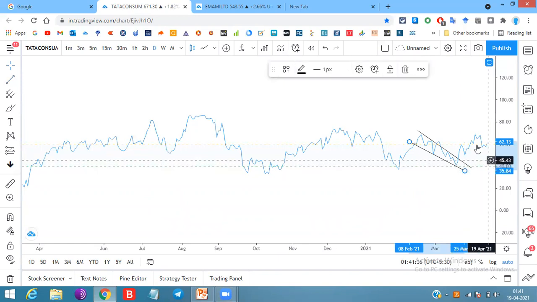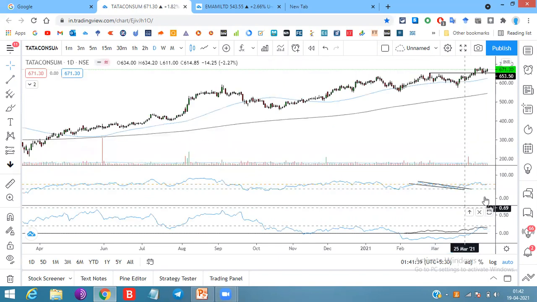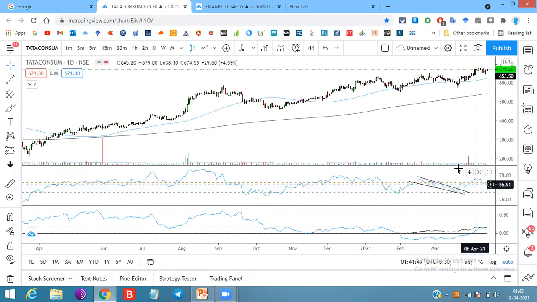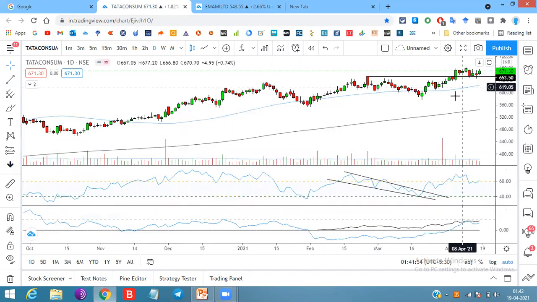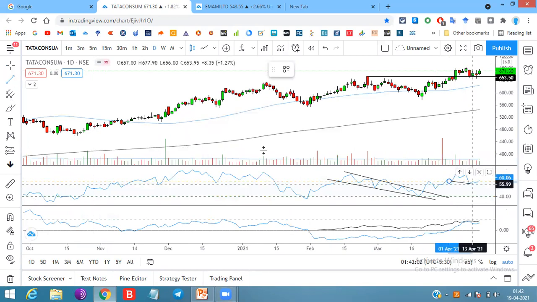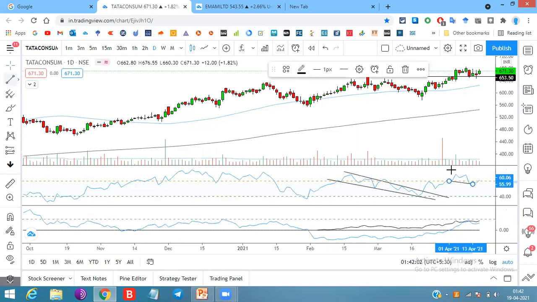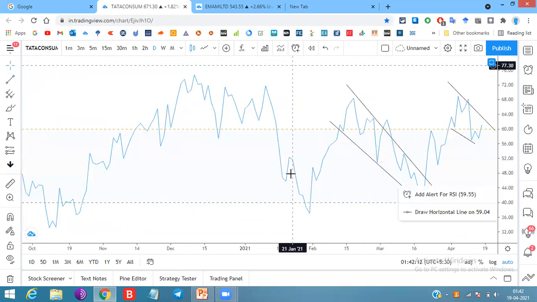Okay, guys. I guess this could be a DD plus. Let me look at that. Yes, this is a DD plus. Let me zoom in. Yes, this particular point is a DD plus. Let me plot the DD plus two. Yes, this is one DD plus channel I have plotted.